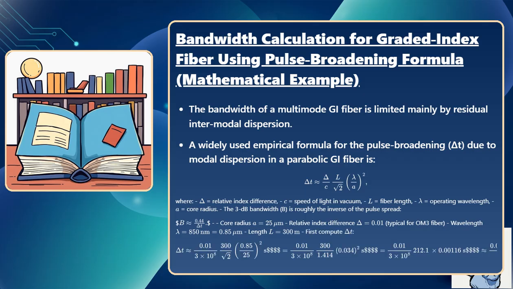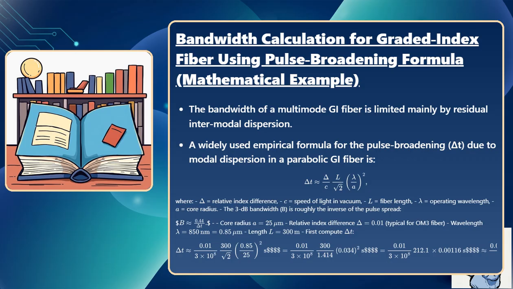First compute delta T. Delta T approximately equals 0.01 divided by 3 times 10 to the 8 times 300 divided by square root of 2 times (0.85 divided by 25) squared seconds equals 0.01 divided by 3 times 10 to the 8 times 300 divided by 1.414 times (0.034) squared seconds equals